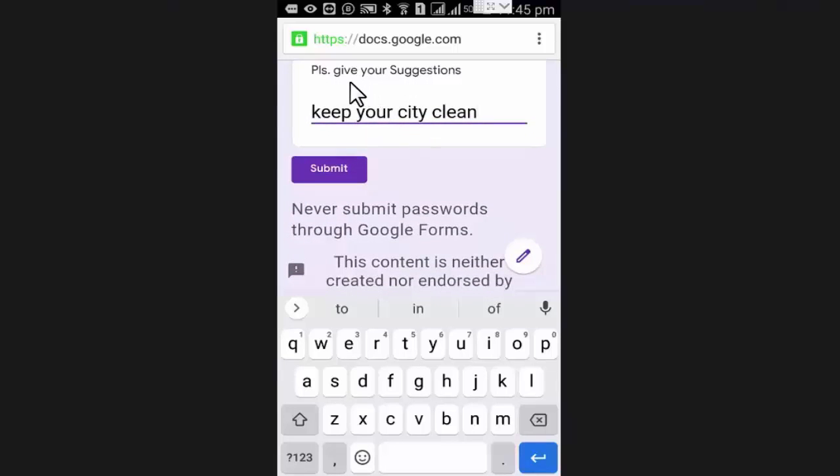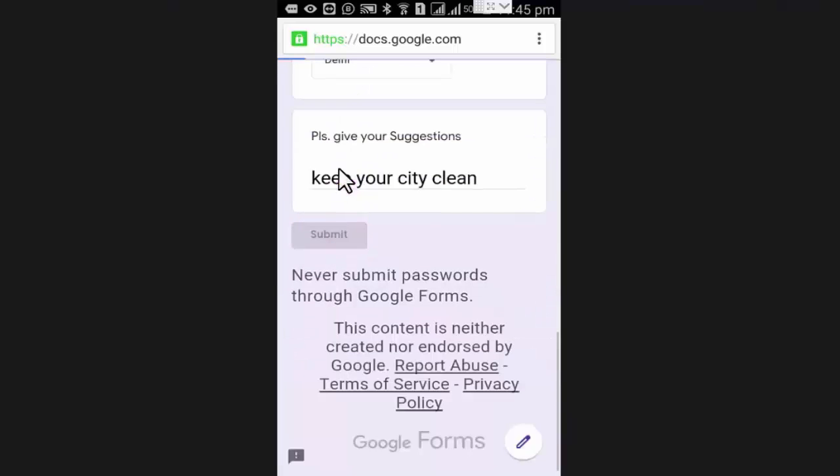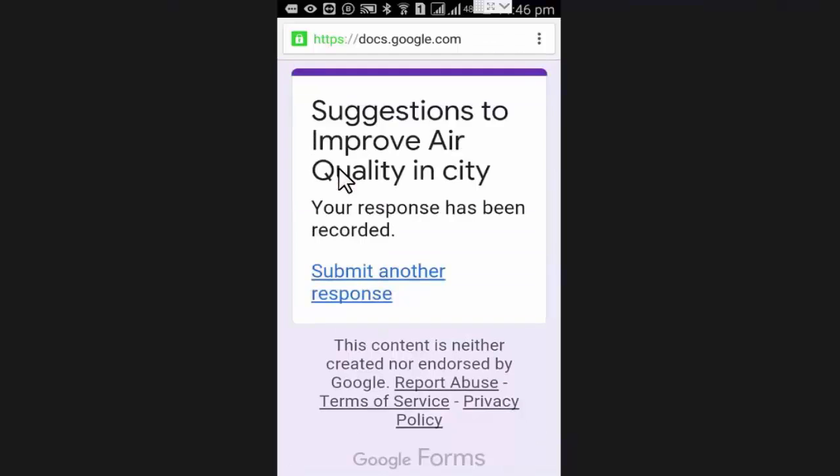And after filling the form, press on submit. So friends, like this you can use Google Form by sharing its link. Now I will show you how to make this form.